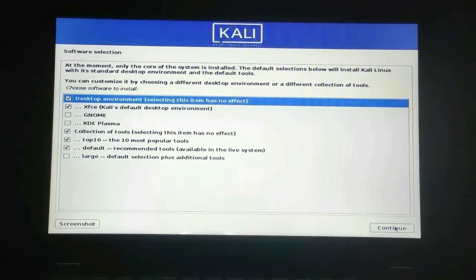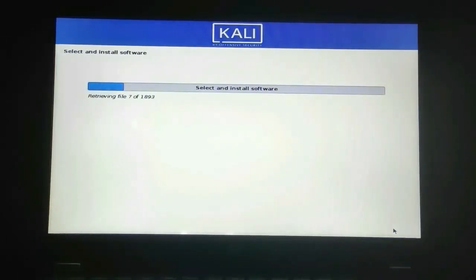It's up to your choice which softwares you are going to use. Okay. Let's continue. Now it will install these softwares. It is also going to take too much time, so we are going to skip.